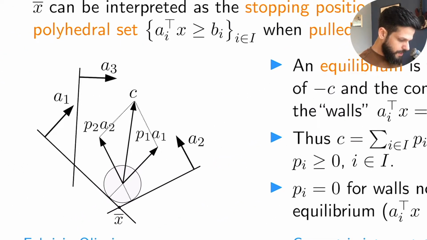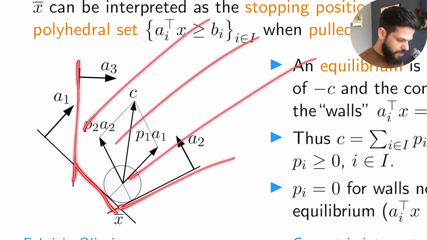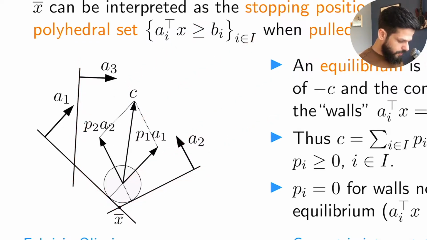Here. So basically, pretend that there is a string. This is the vector C in this direction. Suppose that there is a string pulling in the minus C direction here, and I'm pulling this downwards. And my feasible region is composed by these hyperplanes. So it's this big polyhedral set there. And then when I pull in this direction, what happens is that eventually it comes and it gets stuck at